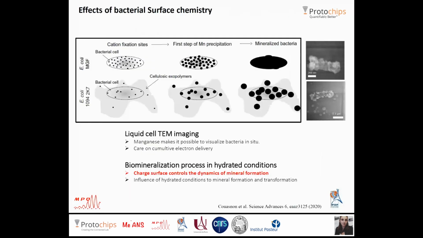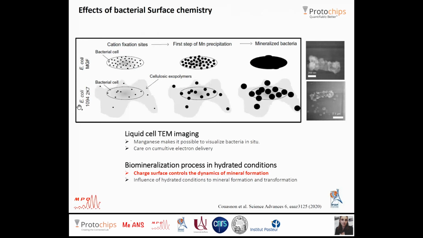Therefore, this study using a prototype liquid cell made it possible to visualize the manganese mineralization on the hydrated bacteria and its exopolymeric surfaces, and the location and size of the minerals are controlled by the density of charged chemical functions associated with the organic matrix. To summarize, the first strain had a lot of negatively charged chemical functions that resulted in numerous nucleation sites for precipitation that further grew into a homogeneous shell over the bacterial surface.